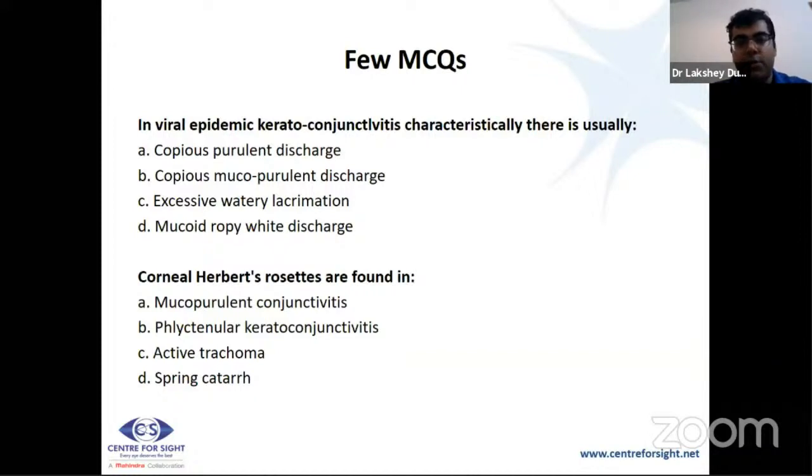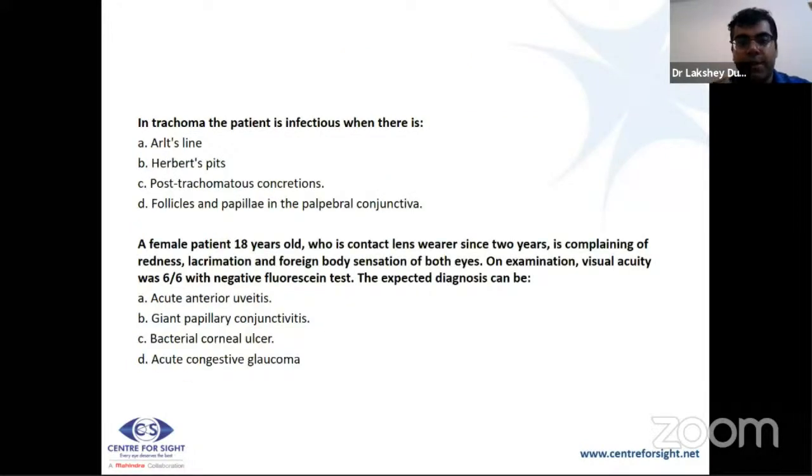Viral epidemic keratoconjunctivitis, there is usually excessive watery lacrimation. And Herbert's rosettes are mostly with active trachoma. In trachoma, the patient is infectious when there are follicles and papillae in the palpebral conjunctiva. Other signs are signs of